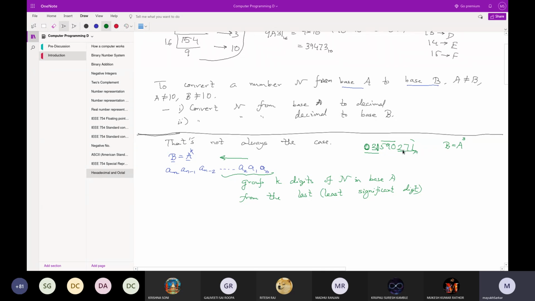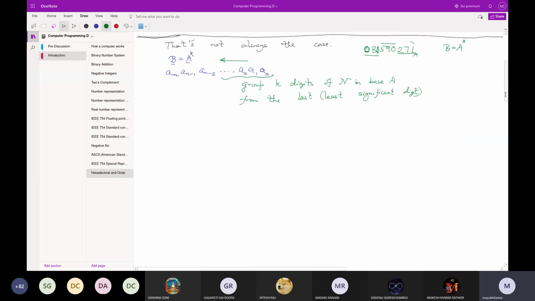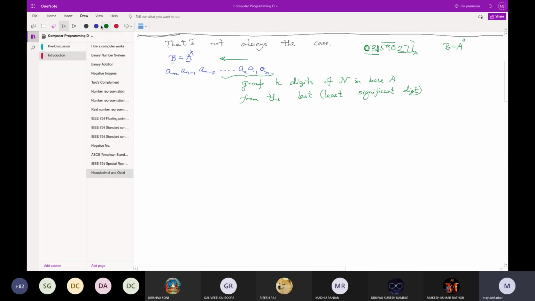Okay, the reason behind this is that there is a one-to-one conversion. See, grouping these three digits. Okay, in fact, if I try to elaborate it in the general number system case, it will be more complex for you. So let me try to simplify this only for the case of binary, hexadecimal, and octal.